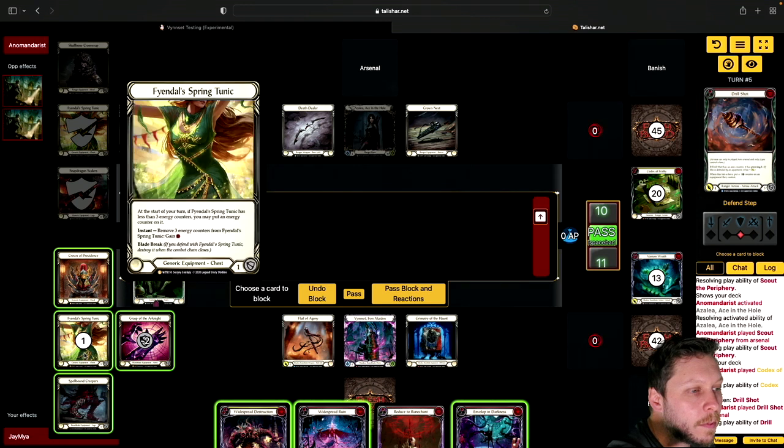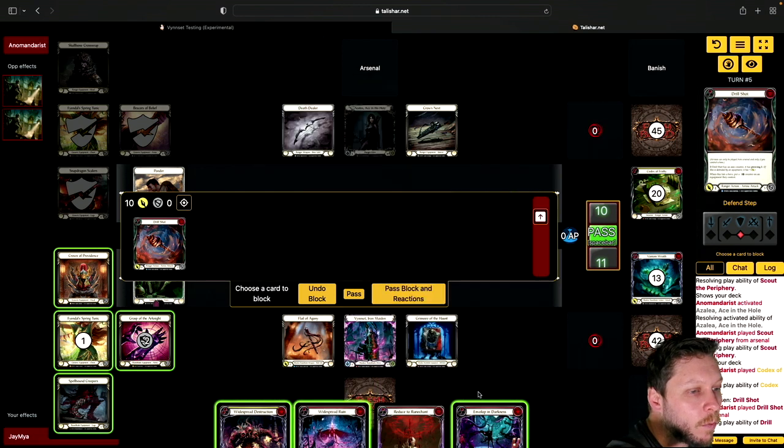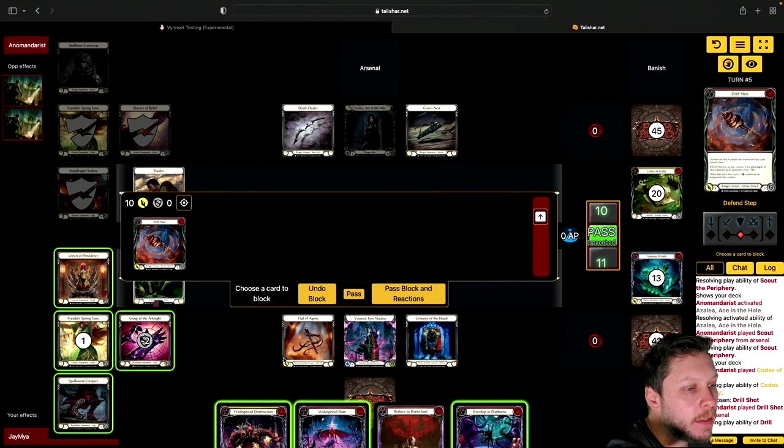I don't think we're keen to give Tunic or Creepers up yet. There is potential for them to still be impactful. Tunic less so. We can't really take 8. Okay, so we don't need to get too greedy. On our turn, we're probably just going to be banishing this Widespread Ruin, which requires 1 additional rune chant. So we could reduce. I think the least greedy thing to do is